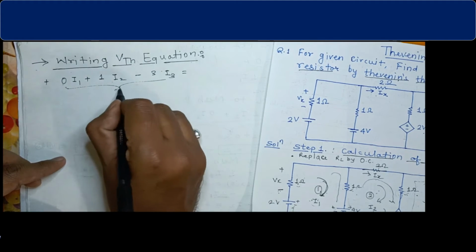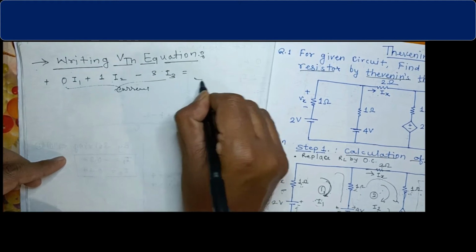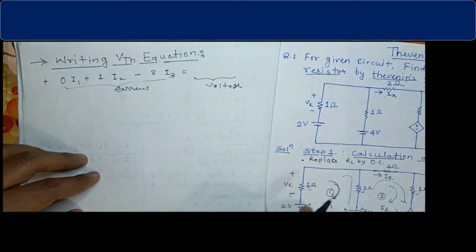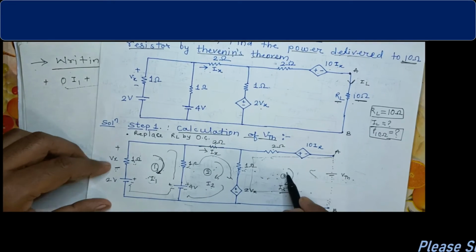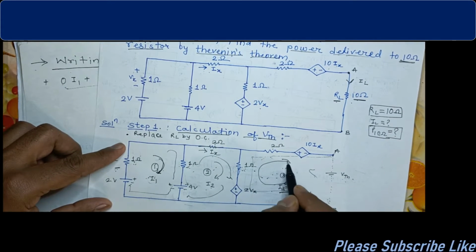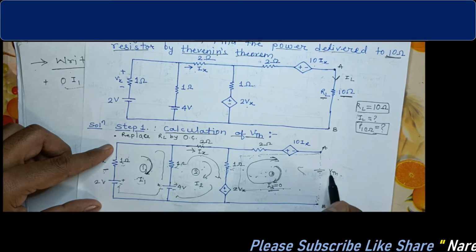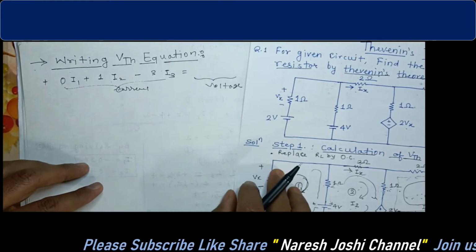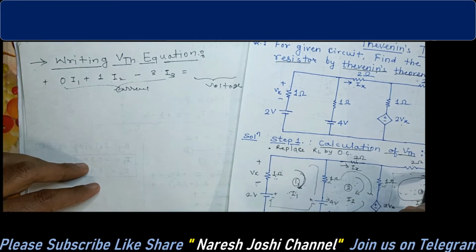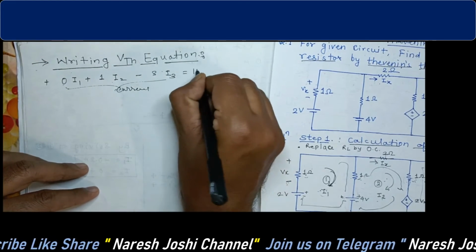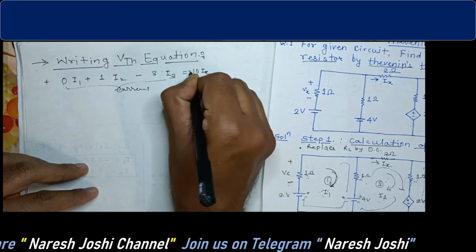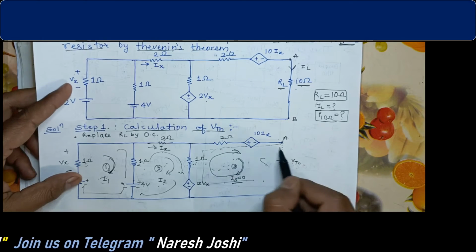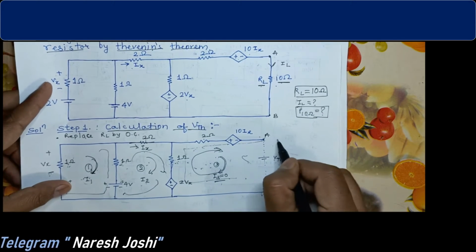As I told you, on this side you have to write down the current, or on this side you have to write down the voltage. Clear? So here you can see what the voltage is. As we have to follow the same path, we have to follow only this path. Clear? So in this case we consider this the voltage VTH across the terminals A and B. So you can see we have to start from here. This is the plus 10 Ix. Clear? This is the plus, then minus, this is important, this is a plus.